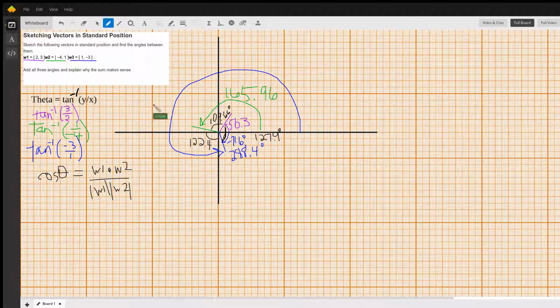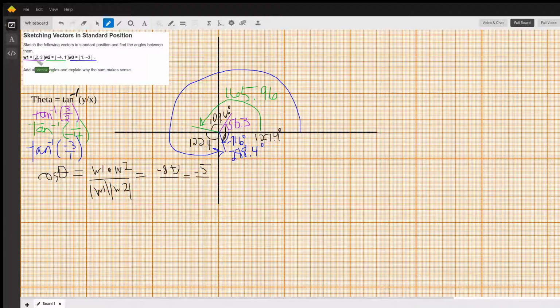Here's W1 and W2. If we do the dot product, x with x is minus 8 plus y with y, 3. So this gives us negative 5 over